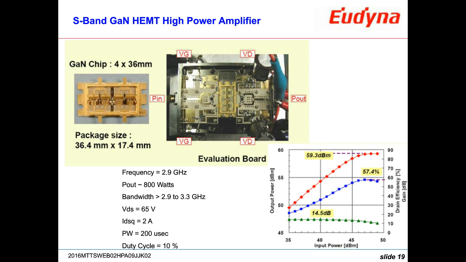This S-band GaN HEMT power amplifier, I wanted to illustrate a couple other types of constructions. This is the internally matched FET type of construction using GaN HEMT chips, where you use lumped elements like wire bonds and shunt capacitors and distributed elements like high-K substrates to combine large periphery chips.